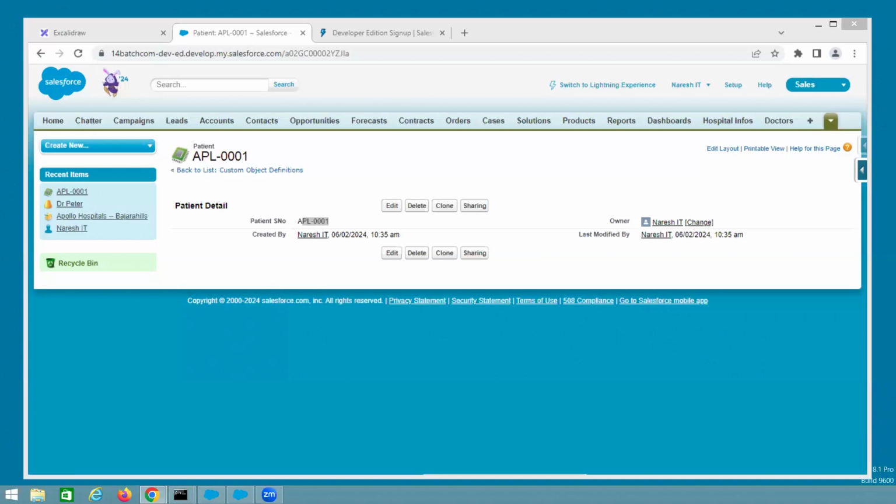Patient name. For example, patient name is a duplicate. What if multiple patients have the same name? Then what is the next question those people are asking? Last name. If last name is the same, then mobile number, email, date of birth. Using the mobile number, email, date of birth, you will not forget. Even if that was also forgotten,